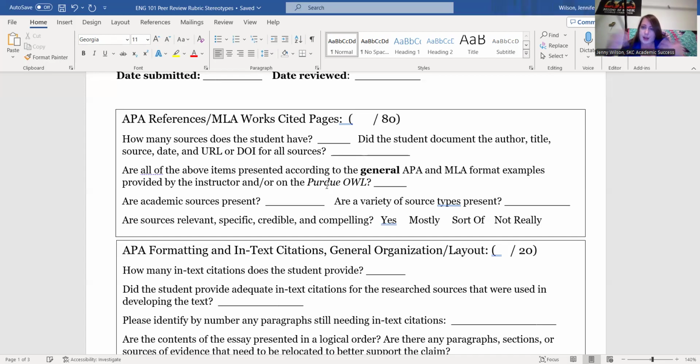Because MLA and APA update every couple of years, and there's a lot of consistencies, but then every now and then there's these little subtleties and slight differences, from the 2012 edition to the 2014 edition to the 2016 edition. And then you move forward every 2 or 3 years, they're updating their editions and their citation requirements. Well, some instructors who've been teaching for 30 years, maybe you're stuck still on a previous edition or something like that. They're going to be close if you use an older edition, but Purdue Owl is always going to have the most current edition of what's expected with the APA and MLA style. So I encourage you to use that.